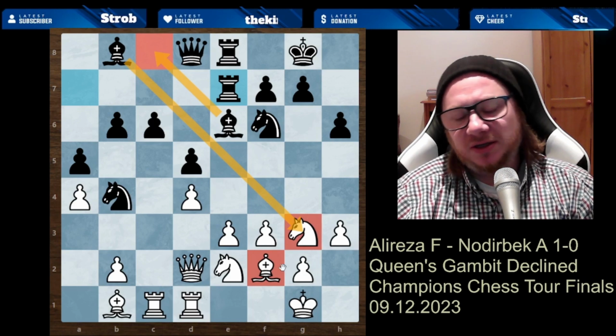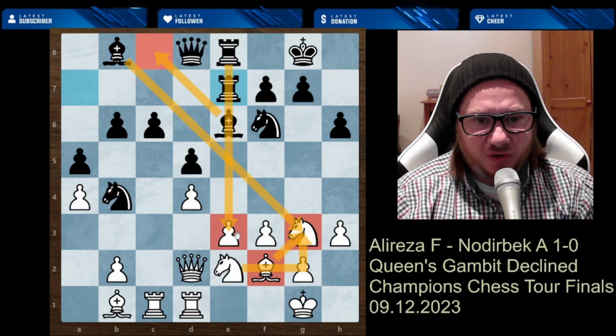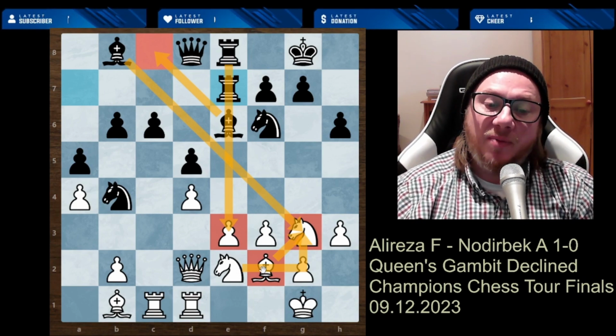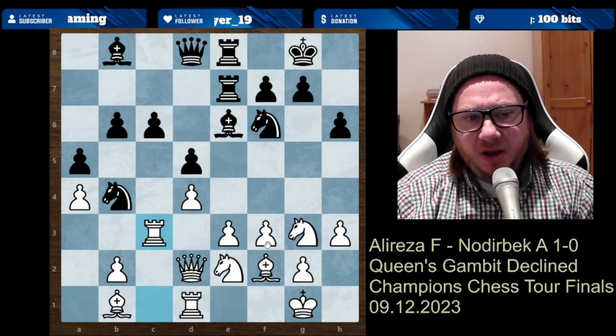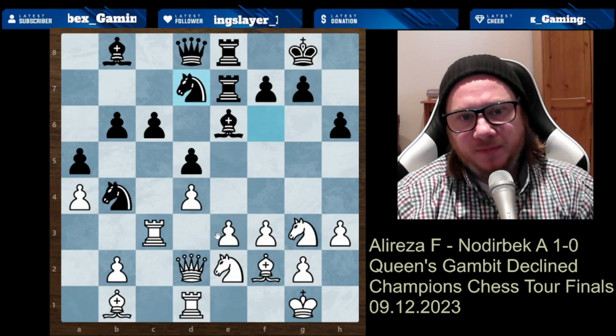Bishop might take this guy here. And you better take with the knight, because if you take with the bishop, you always have the problem, the perennial threat on e3, which is the weakness happening as soon as you push f3, that is. So, rook now c3. Well, you want to keep an eye on this guy. Knight to